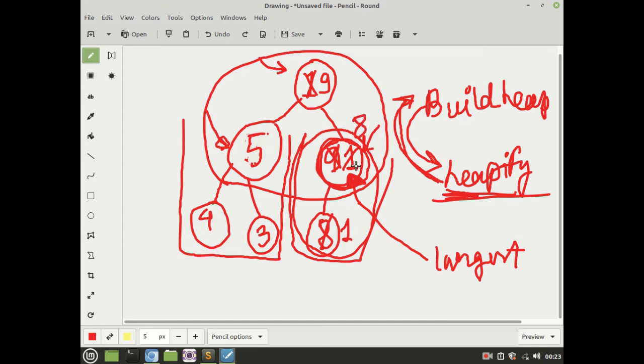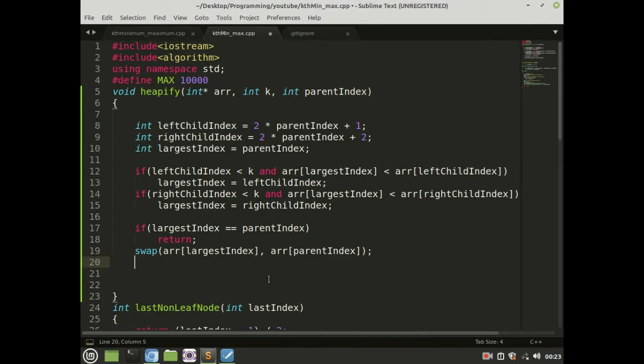After that, the heapify function will again be recursively called on this node, but as it is a leaf node, the recursive call will return and get back to the build function. So we can't stop after a swap, we have to call heapify on the largest index.